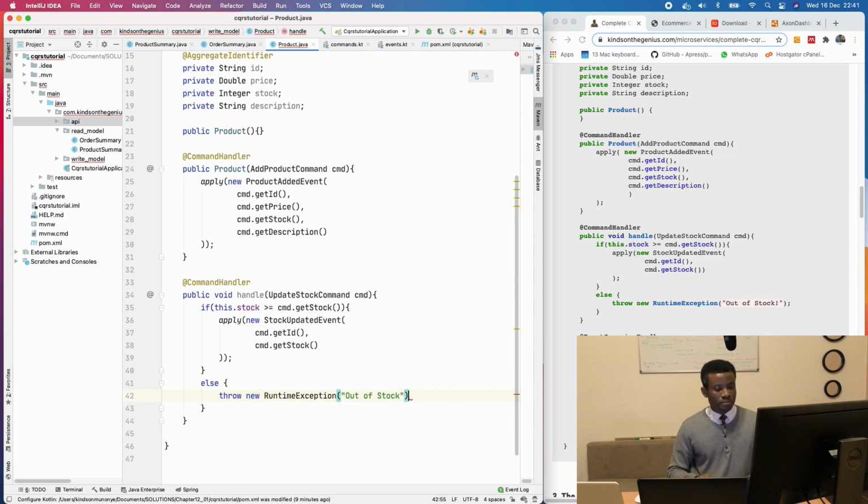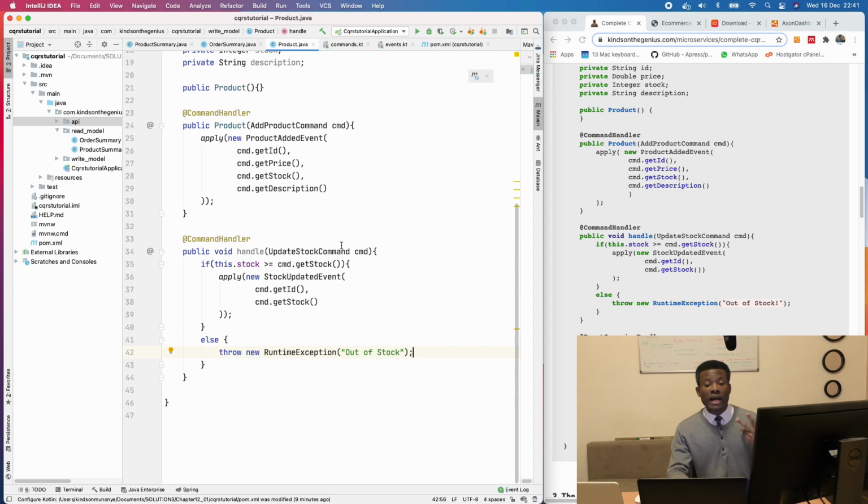Okay. So in this case, the order being created that is raising the update stock command is actually greater than the stock, right? So we are going to throw an exception. So we've handled add a new product command, we've handled update stock command,